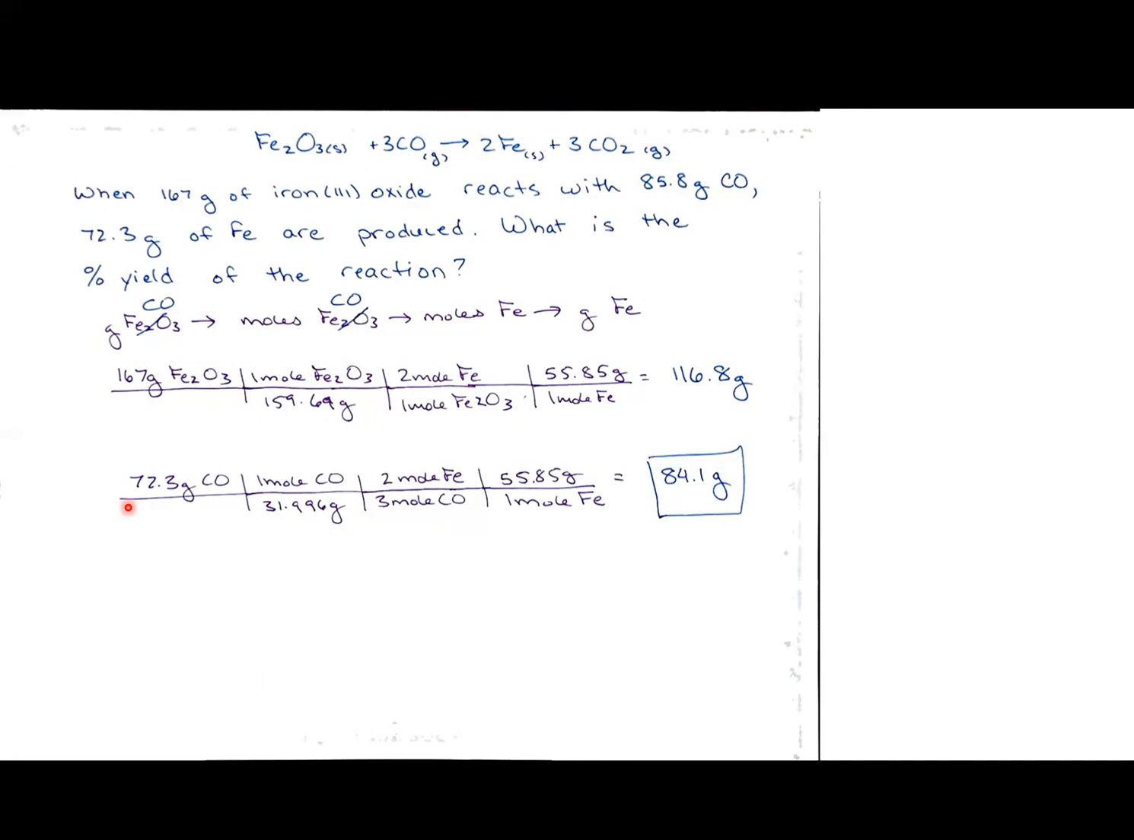So let's see here. 85.8 divided by 31.996 times 2 divided by 3 times 55.85. 99.84. This number here, let me annotate this live. This number right here should be 99.84